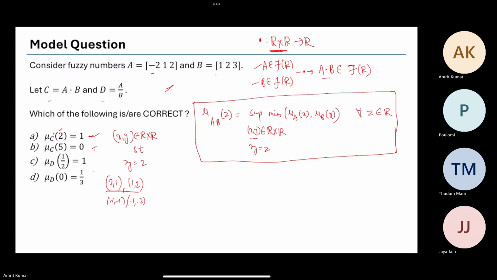So what if I take, so this is the supremum. So mu A dot B of z is this quantity. Therefore, it is going to be greater than or equal to, for any pair x